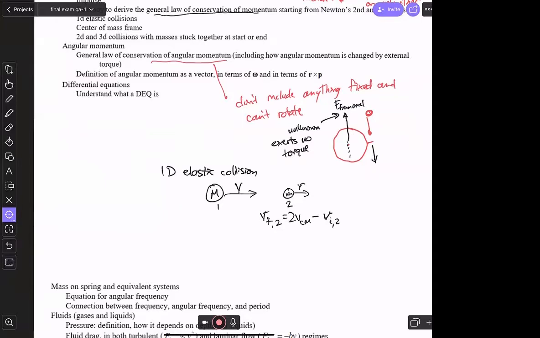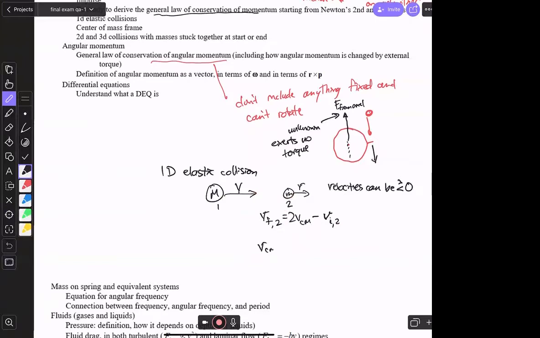How would we find the center of mass velocity for the 1D elastic collision again? It's a good question. Let's just go ahead and do this one example. I want to remind you that the velocities can be greater than or less than 0, the way that we're defining them in this equation. So in the particular way I've drawn it, both velocities are positive.